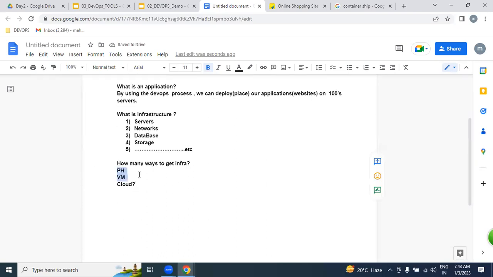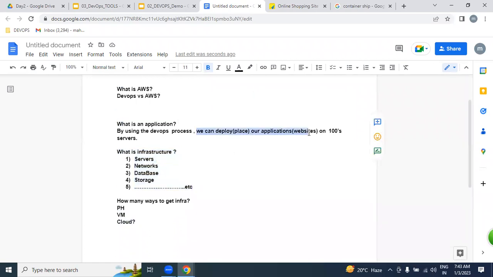Either physical environment, virtual environment, or cloud environment, we are going to be getting this infrastructure. On top of this infrastructure, we are going to be placing our websites with the help of the DevOps process. I'll repeat one more time, this is very important to all. We are going to be getting this infrastructure from a physical, virtual, or cloud environment for deploying our applications on hundreds of servers by using the DevOps process.